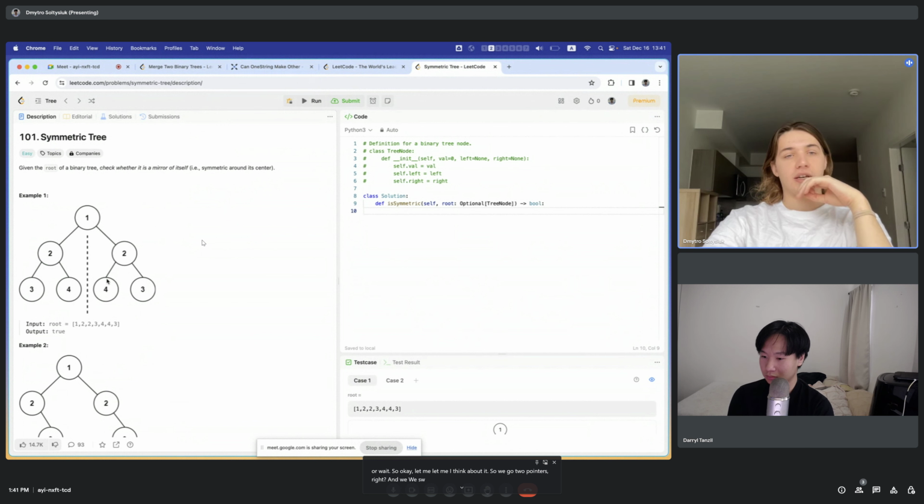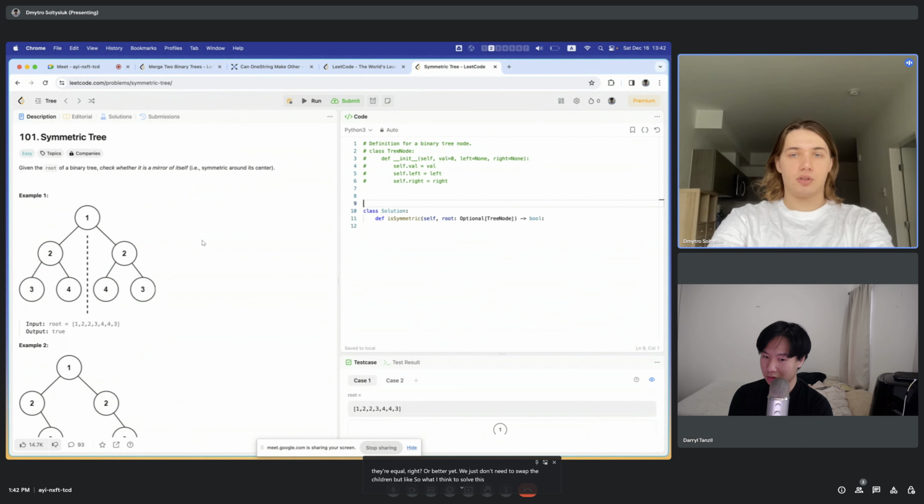We swap the second tree. Let's say second tree, we swap the children, and we just check if they're equal, right? Or better yet, we just don't need to swap the children. But what I think to solve this problem is to go DFS